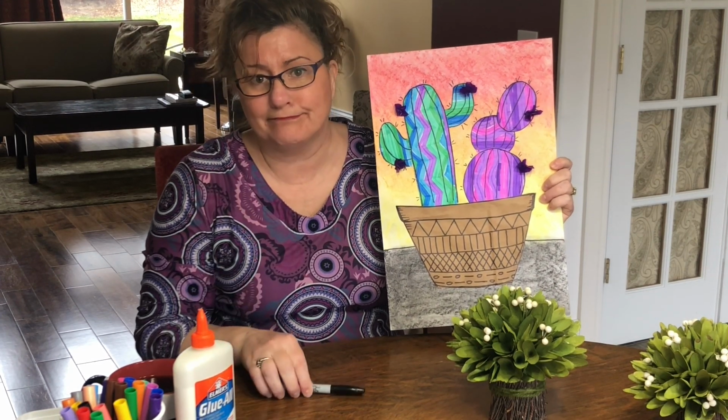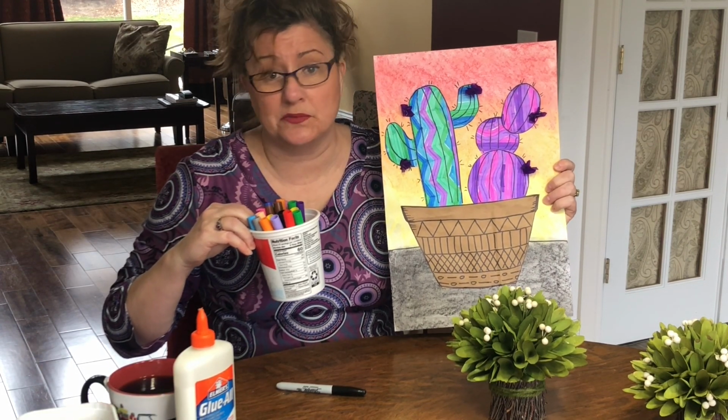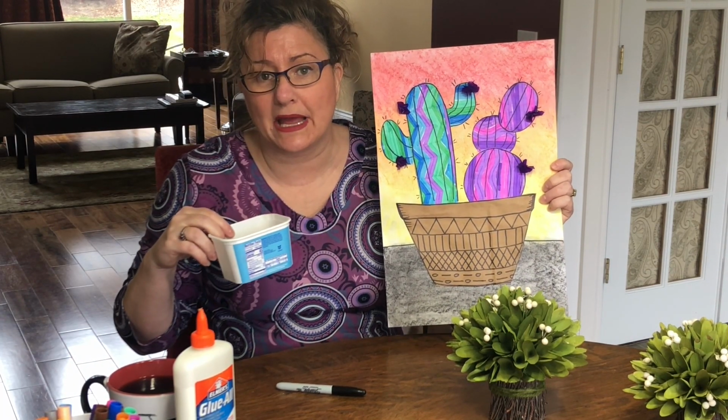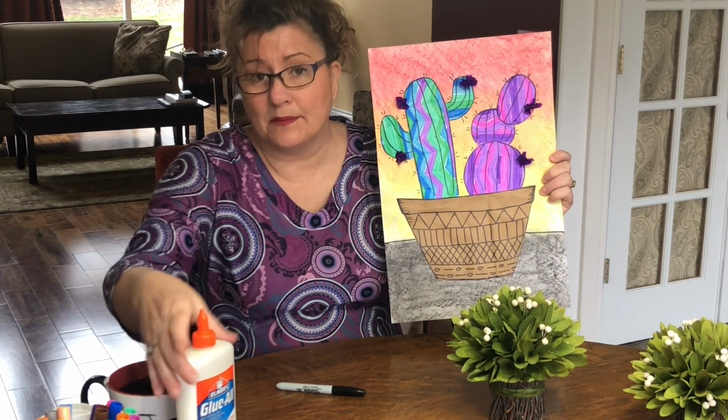Sharpie is very handy. Markers work great for this, but colored pencils will do also. Chalk, because I like to have a nice soft chalky background. Sidewalk chalk works great for this. Some glue